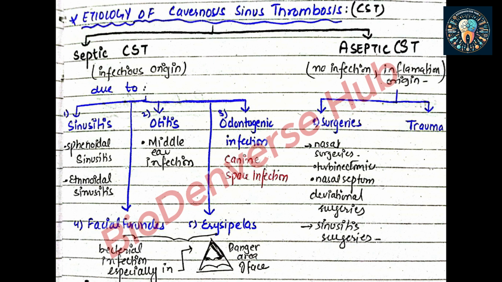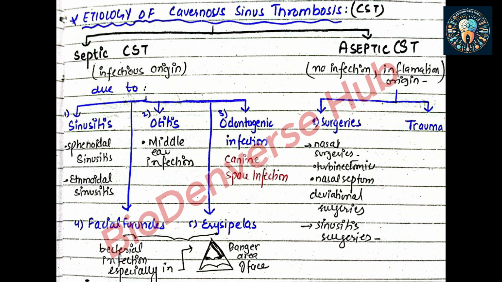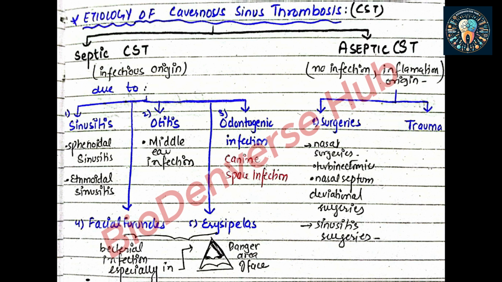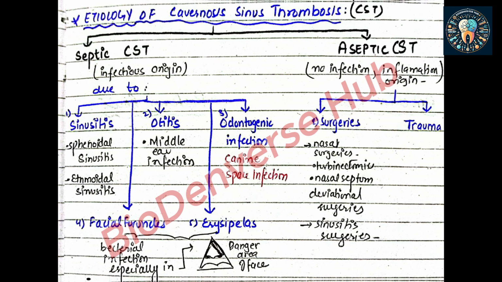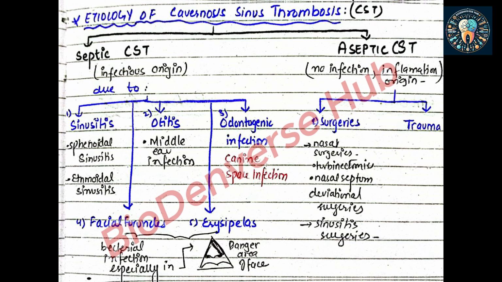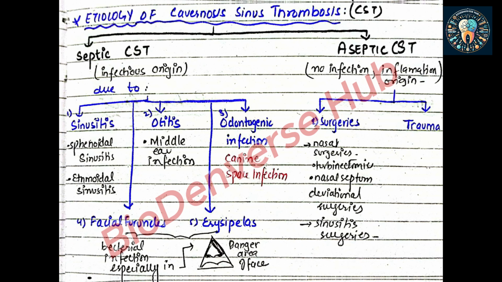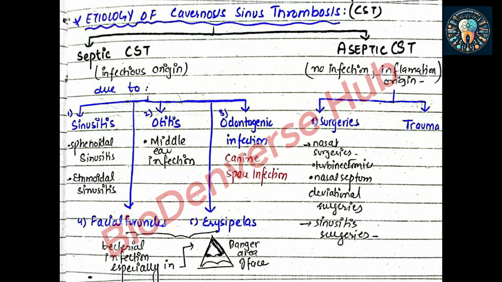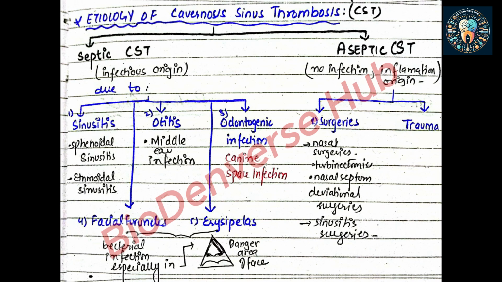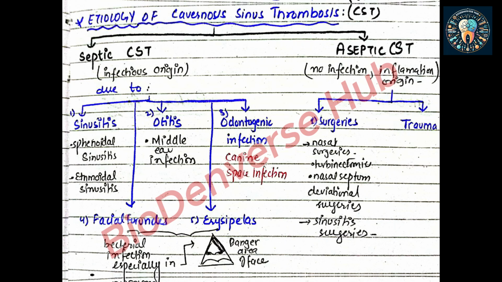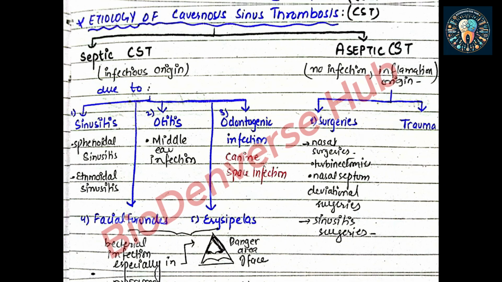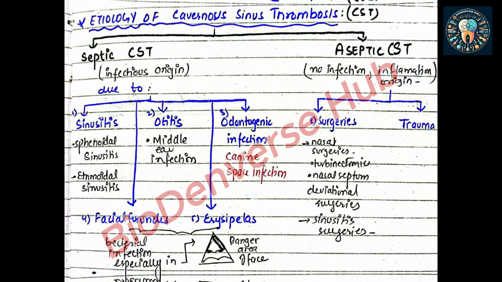Either any surgery was done and you have iatrogenically involved the cavernous sinus, and these surgeries could be the nasal surgeries, the turbinectomies, the nasal septum deviation surgeries, or any sinusitis surgeries, which means any surgery that was done for drainage of any sinus infection or any kind of other surgery that was performed to involve the sinuses that could iatrogenically involve the cavernous sinus and lead to